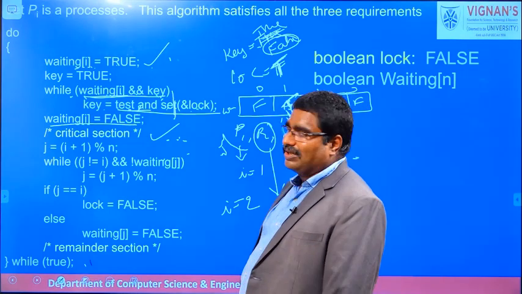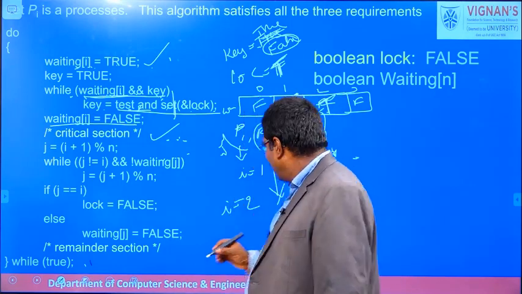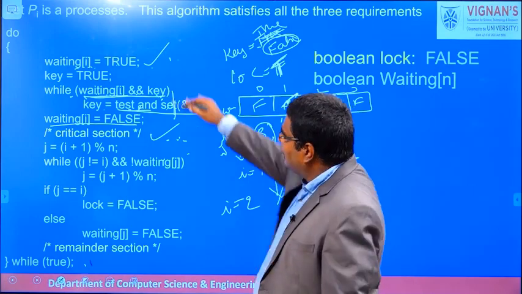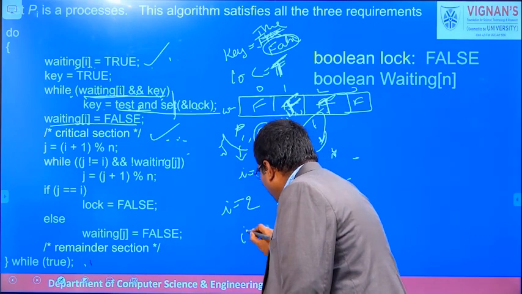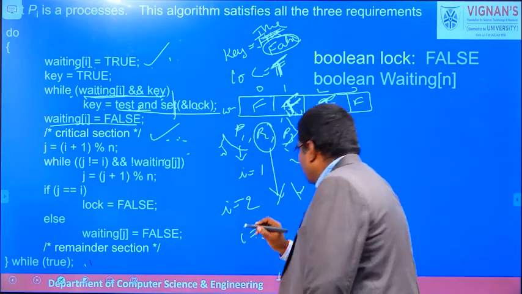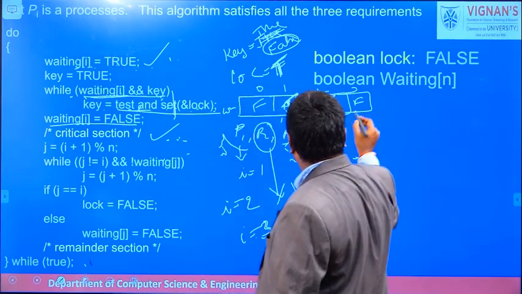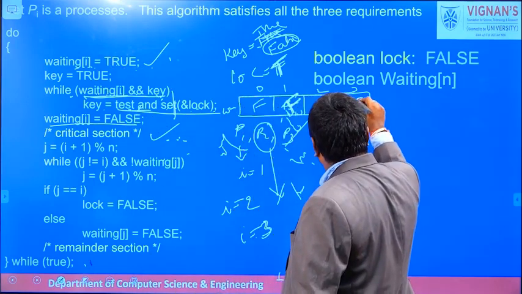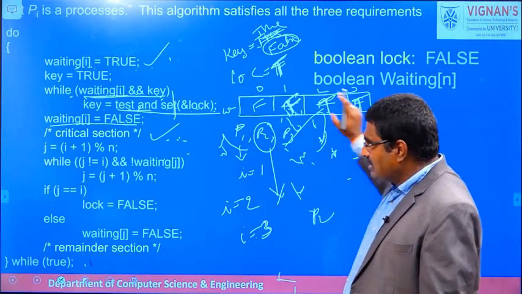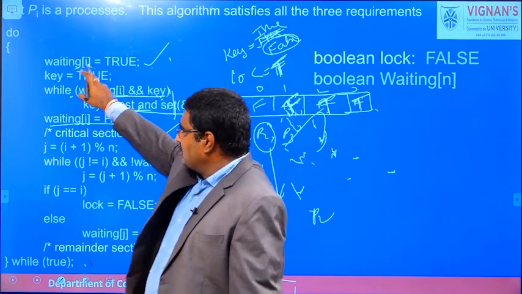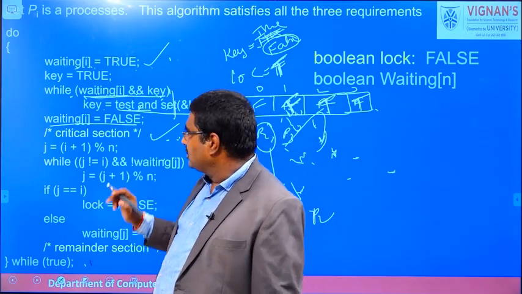At the same time, for example, we are assuming that the P3 process wishes to enter into the critical section. If P3 wishes to enter, we try to execute this code for the P3 process, so automatically i is equal to 3. So true is assigned to waiting of i. Now i is equal to 3, so waiting of 3, previously false, is now changed to true. I hope you understand. The first statement is true is assigned to waiting of i, where i is equal to 3 because we are considering the P3 process which wishes to enter into the critical section.